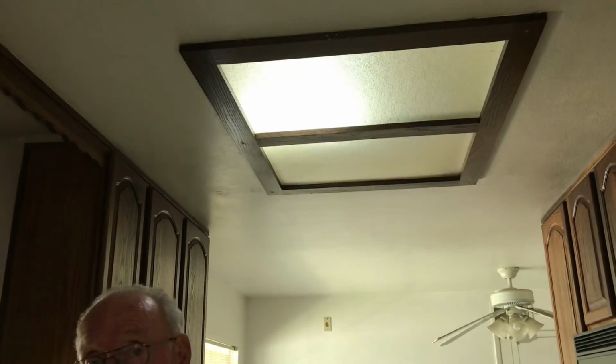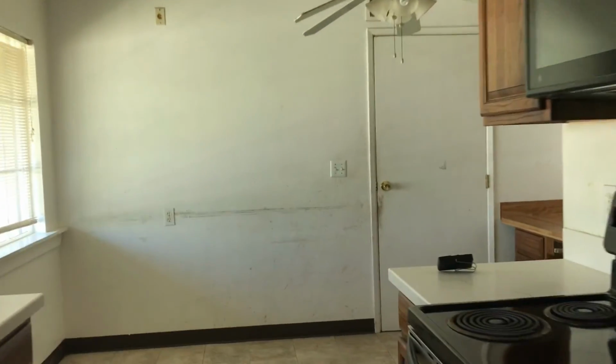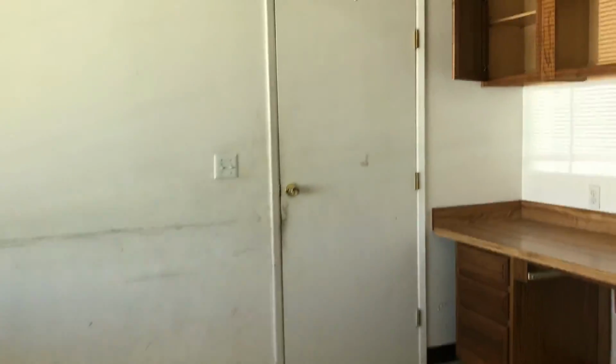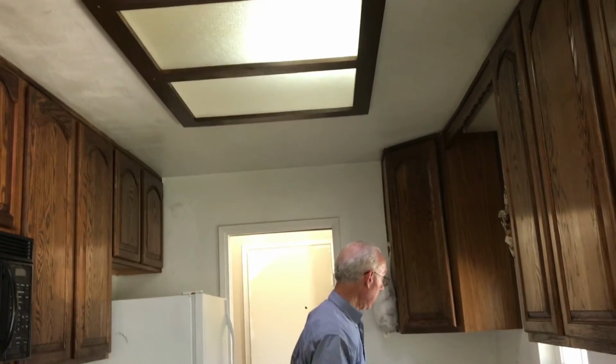Needs light bulbs. Well, it's something more than just a light bulb, because it's flickering like that. It's probably the ballast has got to be replaced also. Although I'm not sure what it is. Well, it needs to be opened up. Right. And the sink,